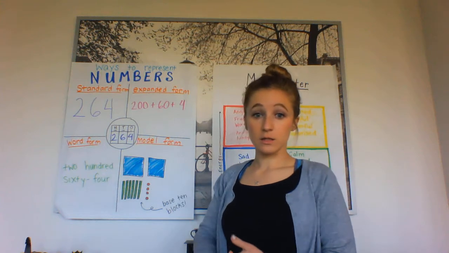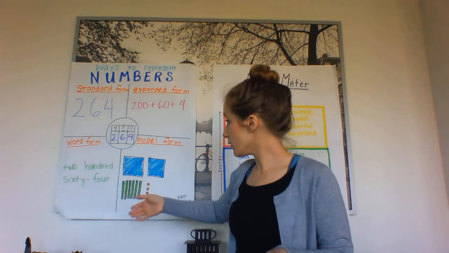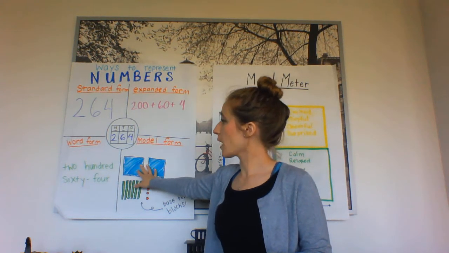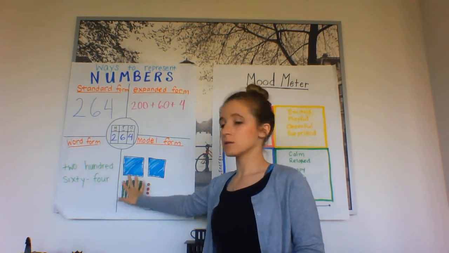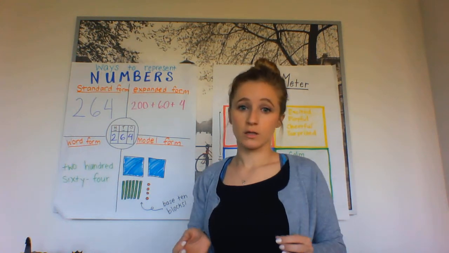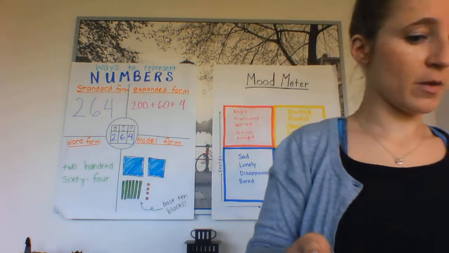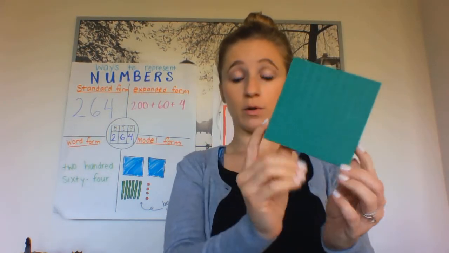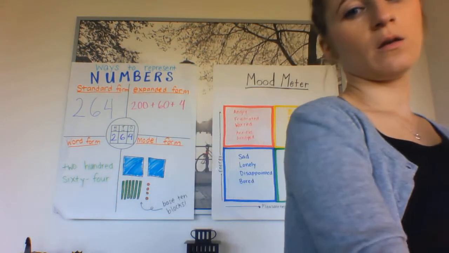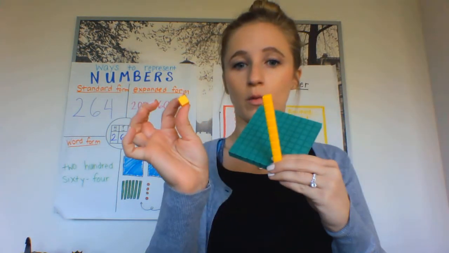And lastly, and this is the one that is important for what we're doing right now, is model form. Model form is where we draw out our number using hundreds, tens, and ones. And we draw the base 10 blocks that we would use to add them up if we were adding them in person. So remember, this is what a 100 looks like. This is a 10. And this is a 1. So if we were making that